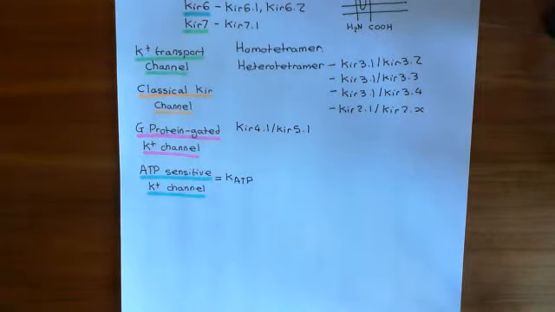Okay, so welcome to this next video in which we are discussing the synthesis and secretion of insulin. We've discussed that when blood glucose goes up, this will lead to a rise in the glucose concentration within the beta cell of the islet of Langerhans. An increase in the glucose concentration within the cytoplasm of this beta cell will lead to an